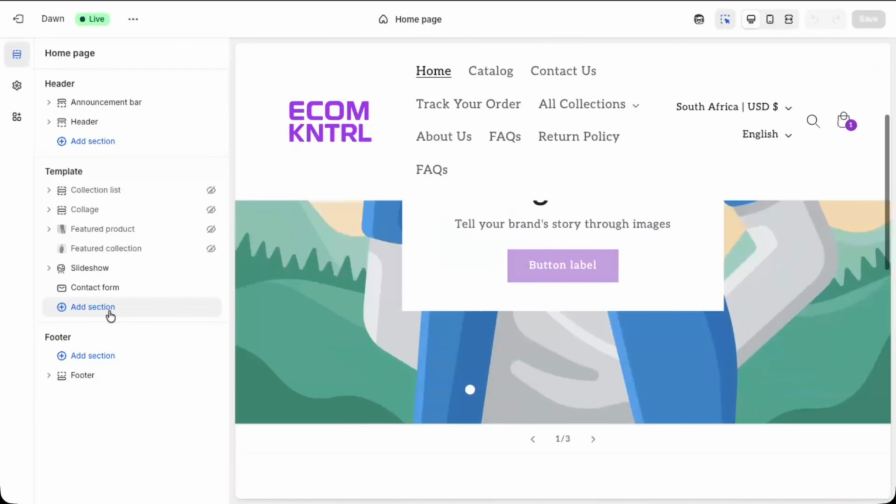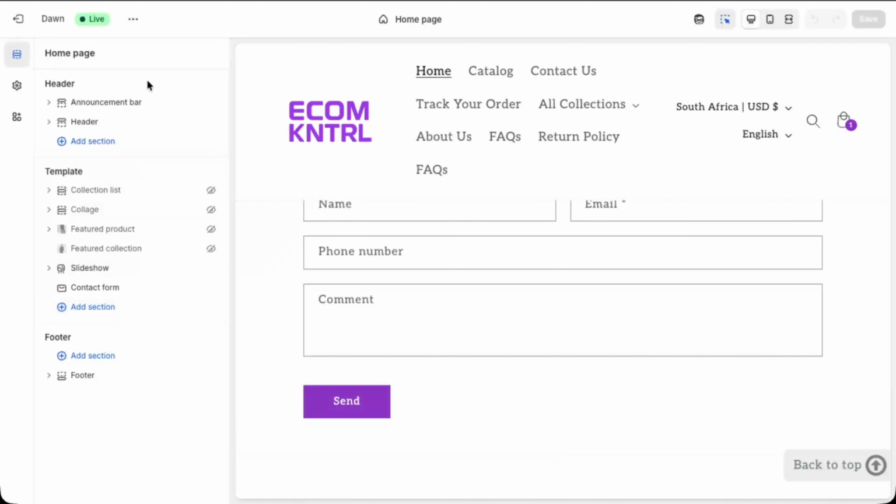From this point, you can add it to your homepage or any other template, customize the text, images, and customer quotes,